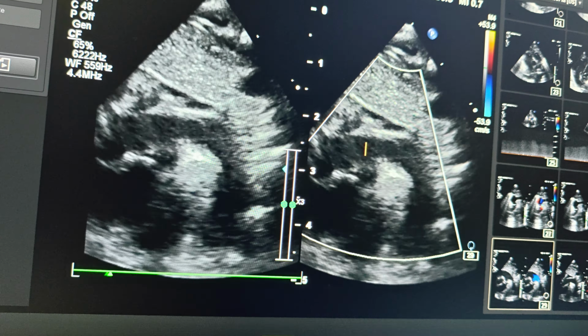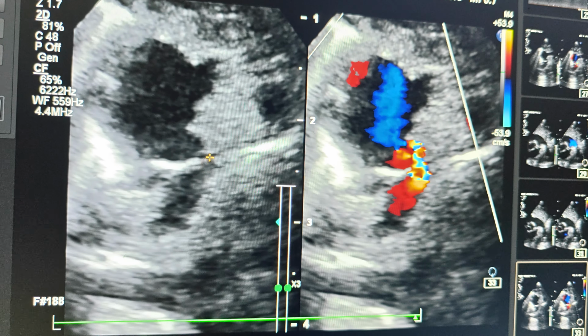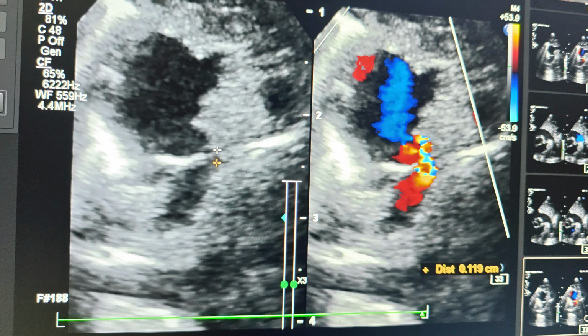Now you can see all the findings in one video clip. Now see, this is the obstructive flow. You simply zoom the image, you can see the obstructive flow. Here the flow is obstructed. You can see the size. This is only a small size,